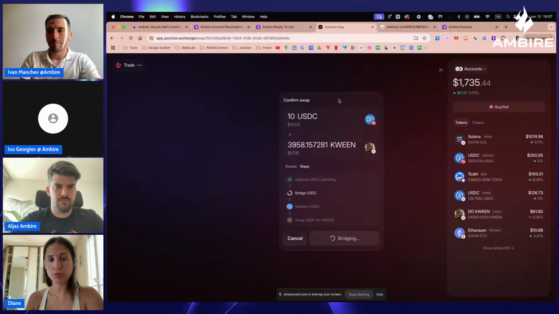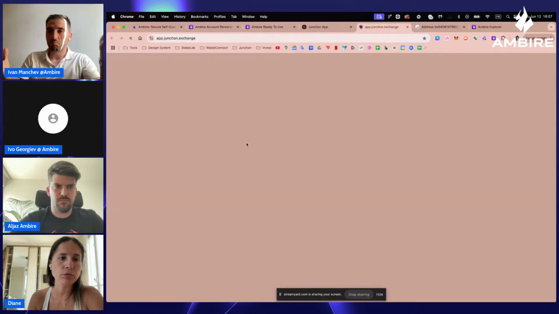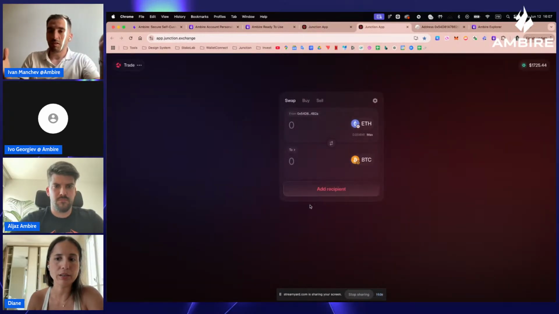And we are working to not keep the user fixed on this screen while it's bridging. We are integrating our activity tab here directly from the account panel, so you can track the transaction progress and change screens. But you can still come back to trade and swap any other token.